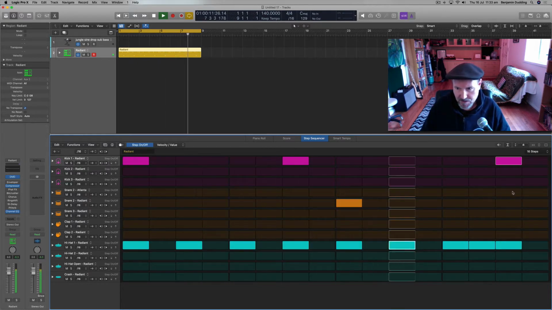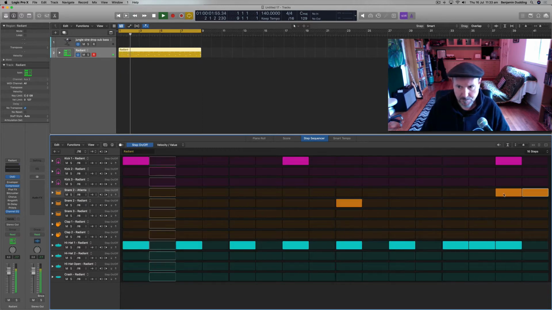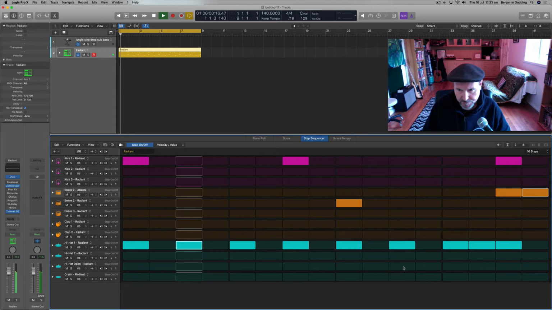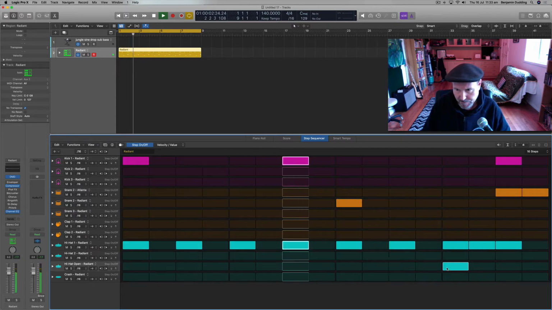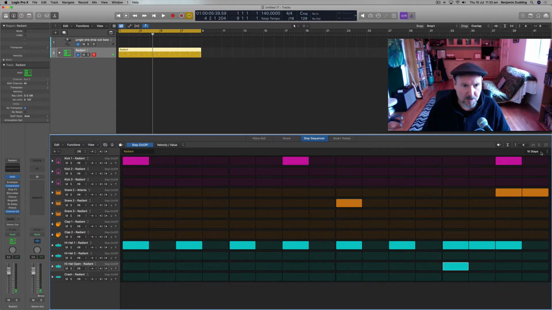And maybe some other snares here. Okay, so there's a very simple pattern. Maybe I'll even put in an open hi-hat in here somewhere. Okay, cool. Now, of course, this is a bit repetitive, so what I might want to do is create some